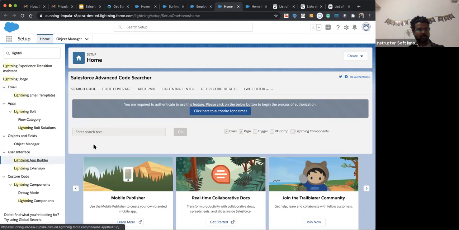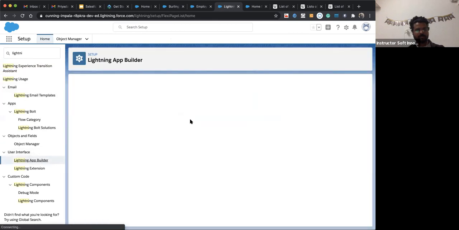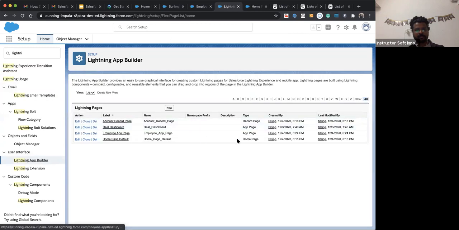Lightning App Builder. This is a custom one that I created. Homepage, record page, account, because we just saved a record page, and it was created by me recently. It's an app page. So these are the types of Lightning app pages.